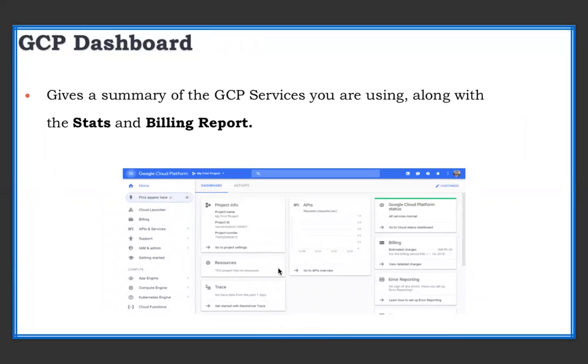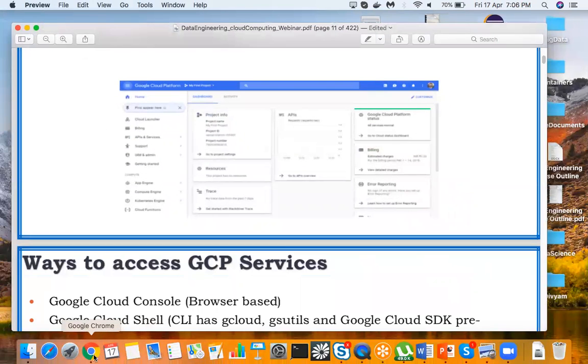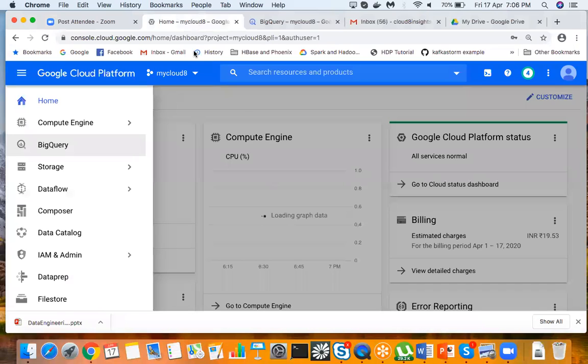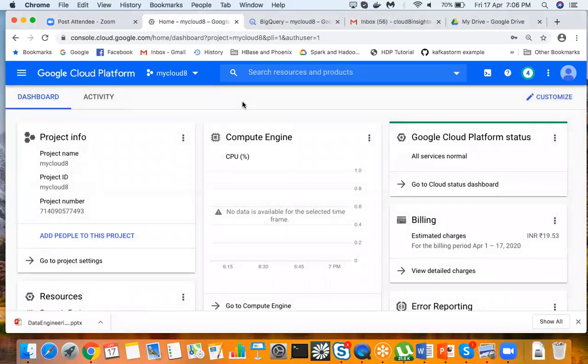So now let us see how you can go to GCP and how you can access your GCP services. You can see here, once you create an account on GCP, you will get this user interface of Google Cloud.